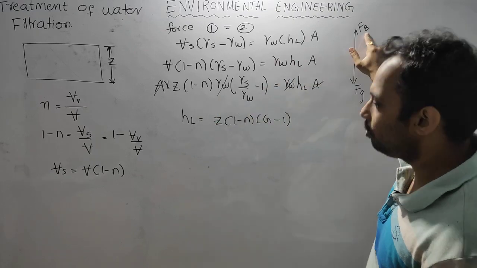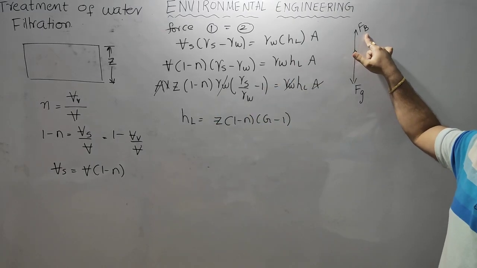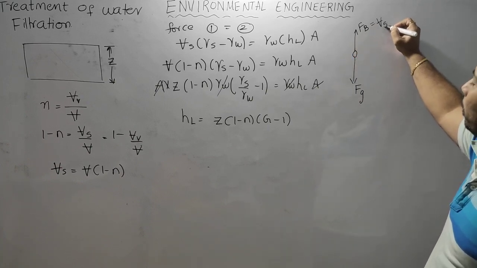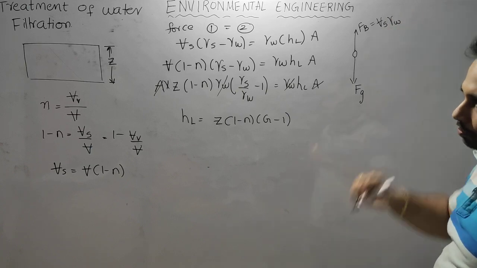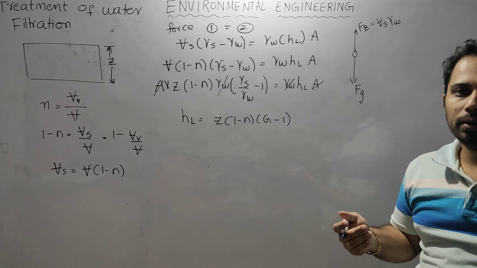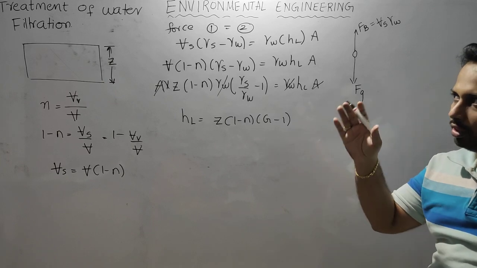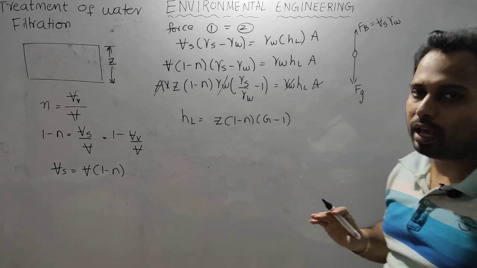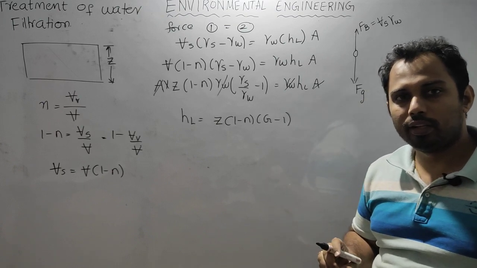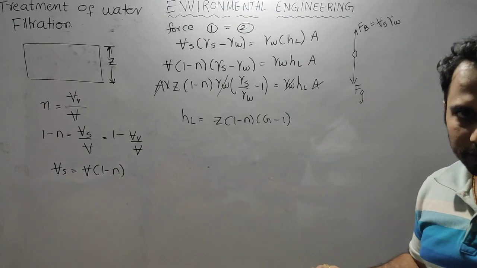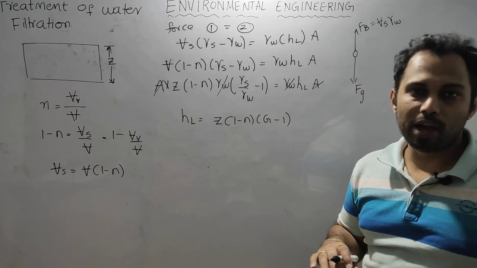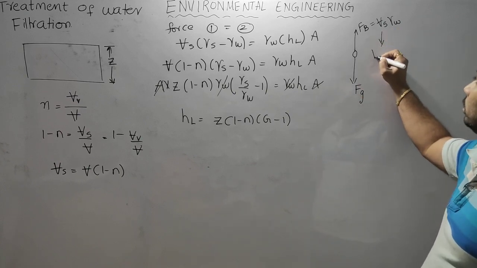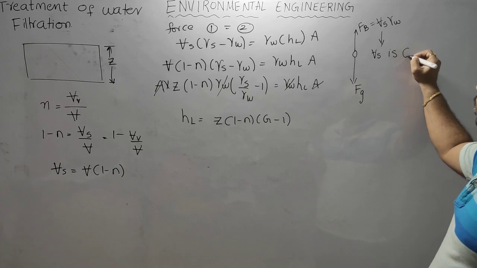And generally the buoyancy force is always constant when the volume is constant, because the buoyancy force is defined by the volume of the solid and the gamma of water. Before filtration and during backwashing, we have the same filter media. Same filter media will have the same amount of sand particles. That means the volume of solids before, during, and even after backwashing is the same. So the volume of solids Vs is constant